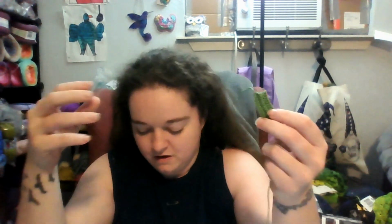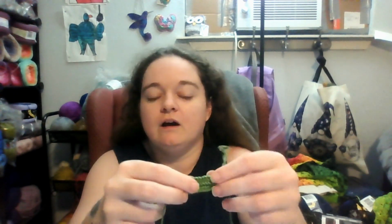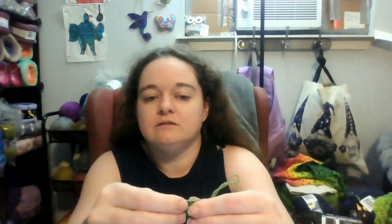This, I think, would be a good stitch for doing ribbing on sweaters, just because of that ridge right there. But like I said, it's a dense fabric. I don't know. It's not going to be one that I use probably ever. I like the ribbing that I do on my sweaters already, so I don't see the point in changing it up. Why change something that's not broken? You know what I'm saying? But anyways, guys,